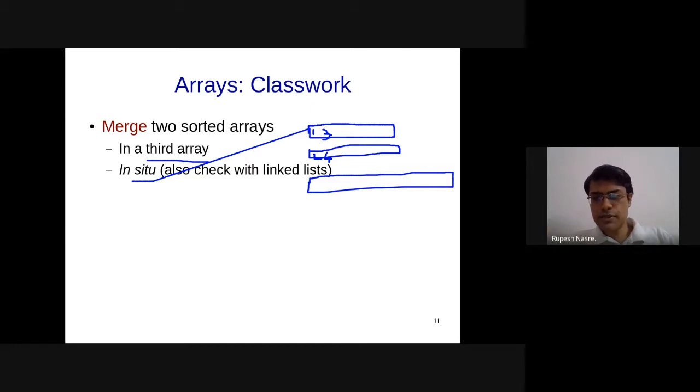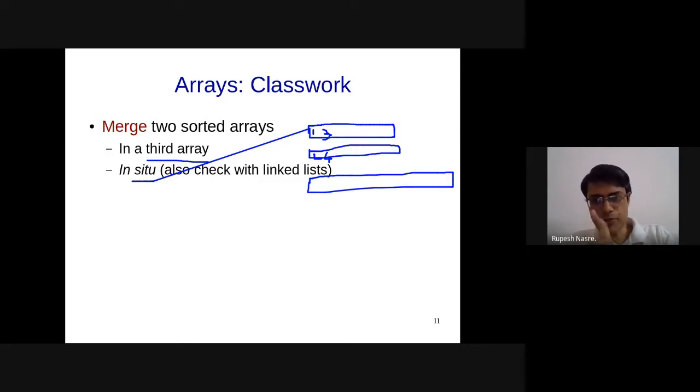Those who have finished the first part can try thinking about the in situ part. Yashwant Reddy says, while i less than length of array 1 and j less than length of array 2, if a1 of i greater than a2 of j, then a3.append(a1 of i). Maybe you wanted to say a2 of j there, because if a1 is larger than a2, you would like to push the smaller one, unless you are doing it in the opposite order. i plus equal to 1 or j plus equal to 1, okay. I think the conditions will get flipped, but otherwise the logic seems to be okay.